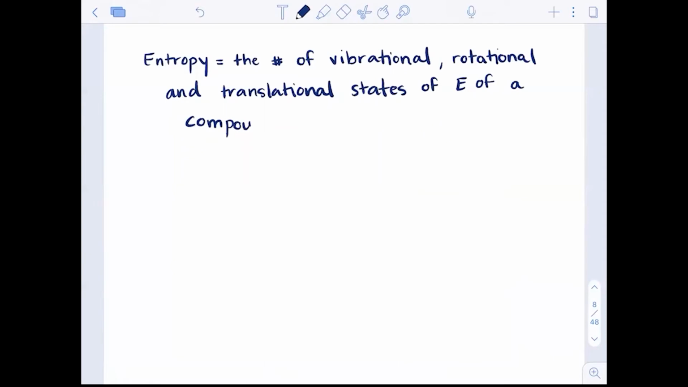And really how it is distributed, how these translational, vibrational, and rotational energies and states, how are they distributed throughout the molecule? So what I really want us to consider here is this idea that we saw entropy a